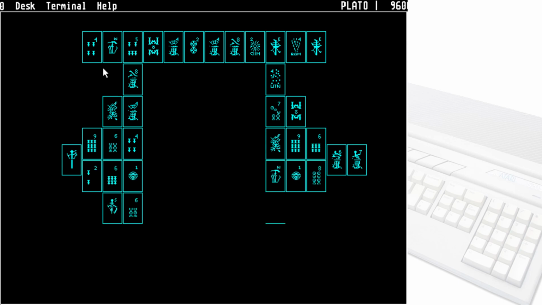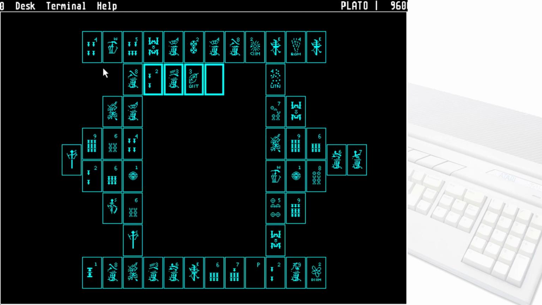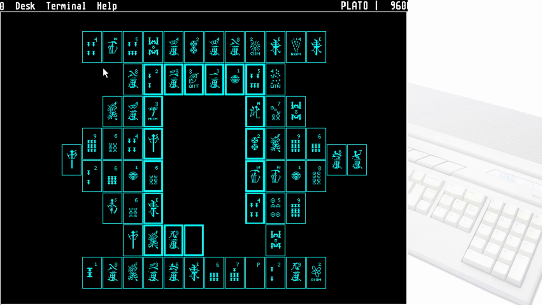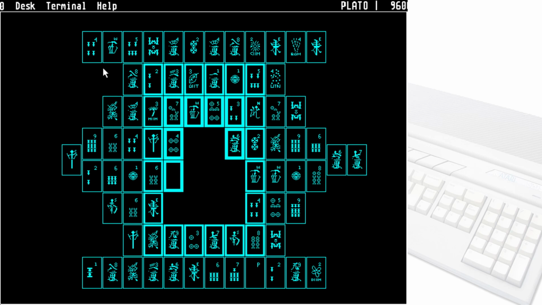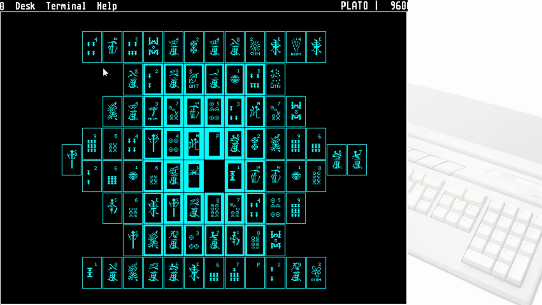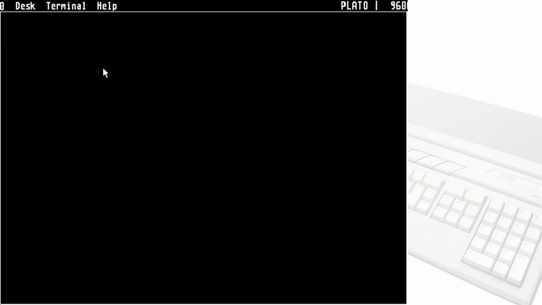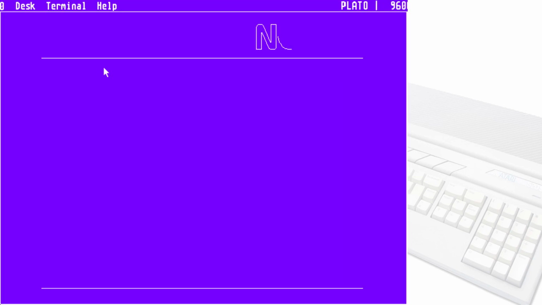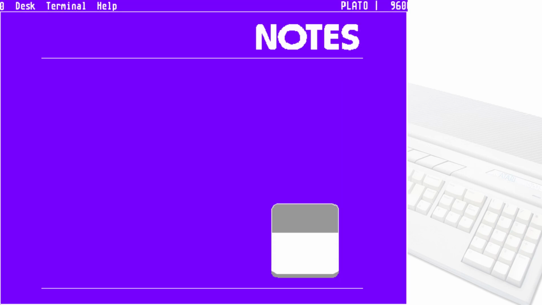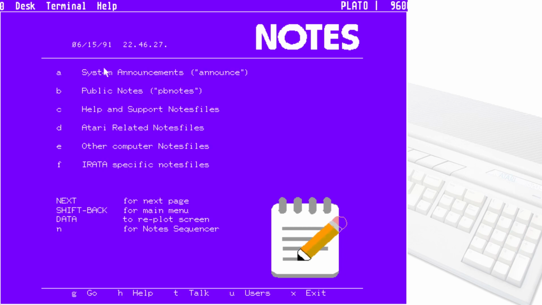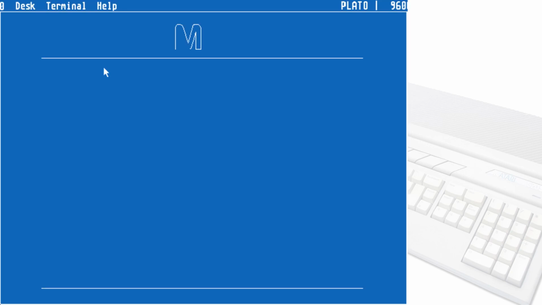Here we are with Mahjong in TT resolution mode. You can see even more definition to the characters this time. Everything just looks nice and crisp. Beautiful, no? So, with that, you have an idea now of the video modes that are possible, and finally I'll just go